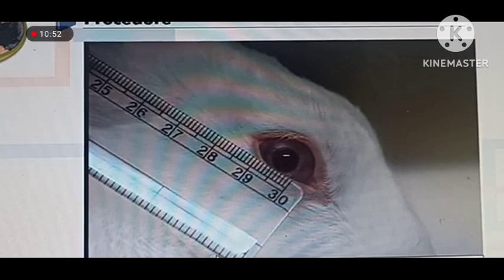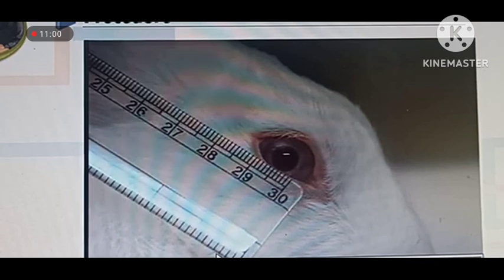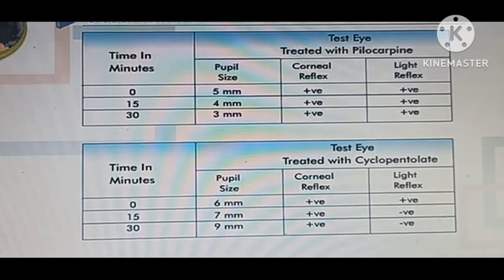सिमिलरली ऐसा ड्रग जो इंस्टिल करने के बाद प्यूपिल की साइज इंक्रीज हो जाती है, डायलेशन ऑफ प्यूपिल प्रोड्यूस होता है, तो ऐसे ड्रग को हम मेड्रियाटिक ऐसा बोलते हैं। दिस इज द ऑब्जर्वेशन टेबल।